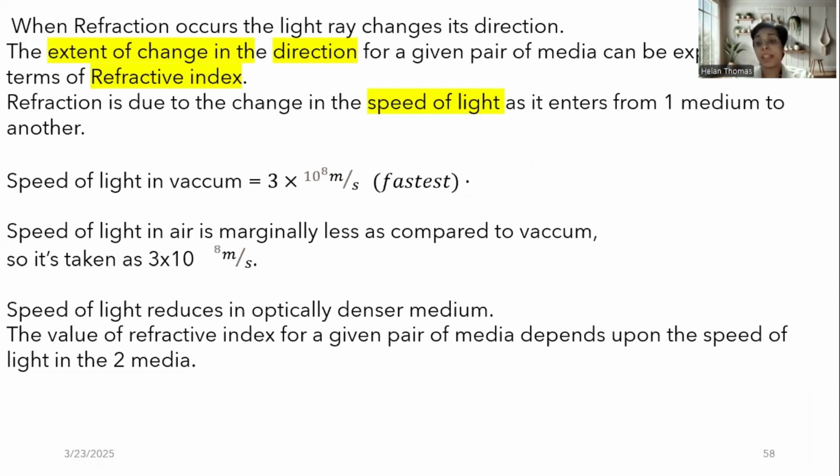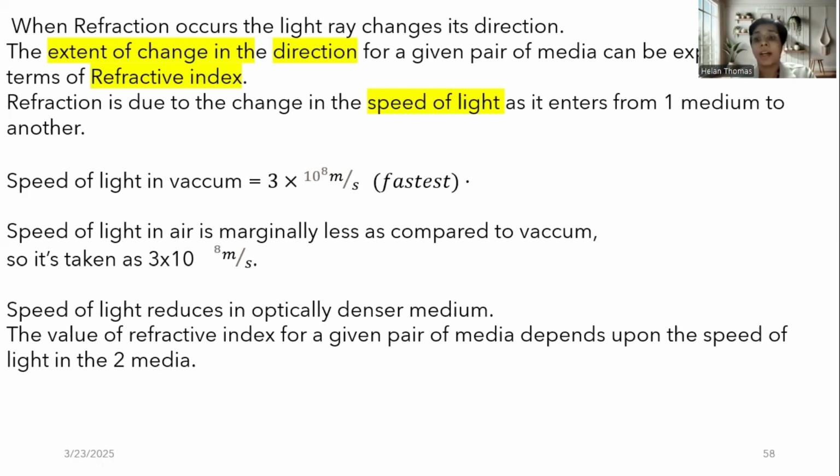It happens only because the light ray will change its direction. Why does it change its direction? Because the speed of light is different in the first medium and the second medium. According to optical density, when we say rarer medium, we mean an optically rarer medium, which allows light to pass easily. And by optically denser medium, or simply denser medium, we mean the medium will not